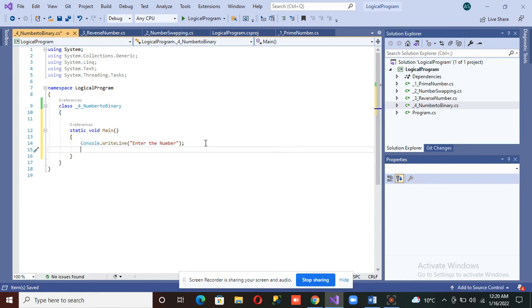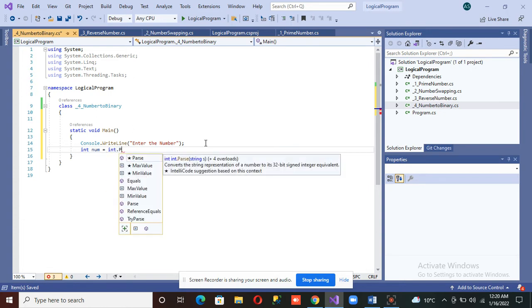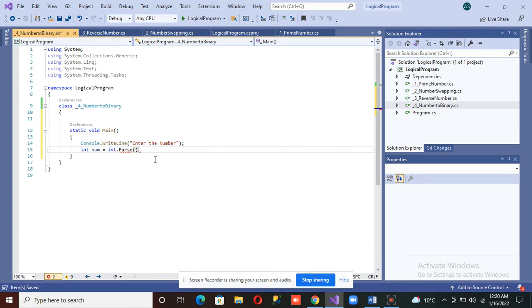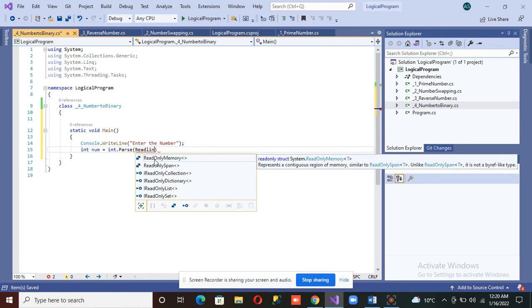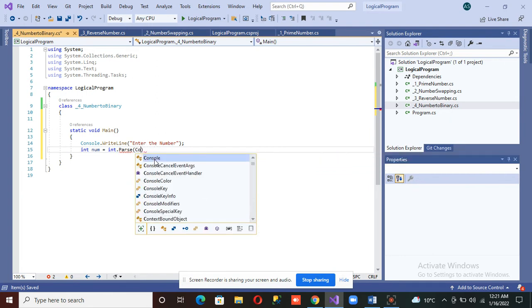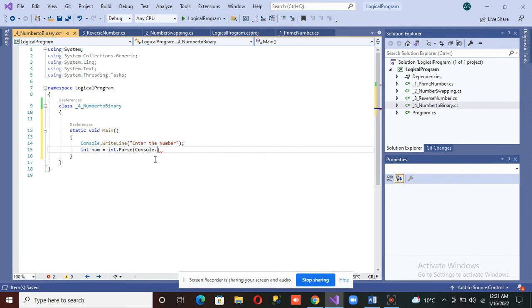Then we store the number into an integer variable which is num. So how can we do that? We already discussed int.Parse and Console.ReadLine.